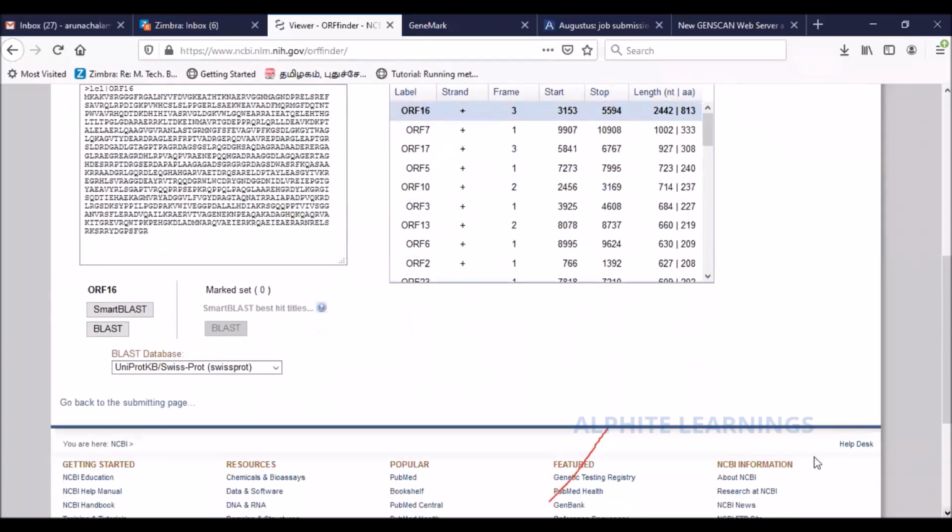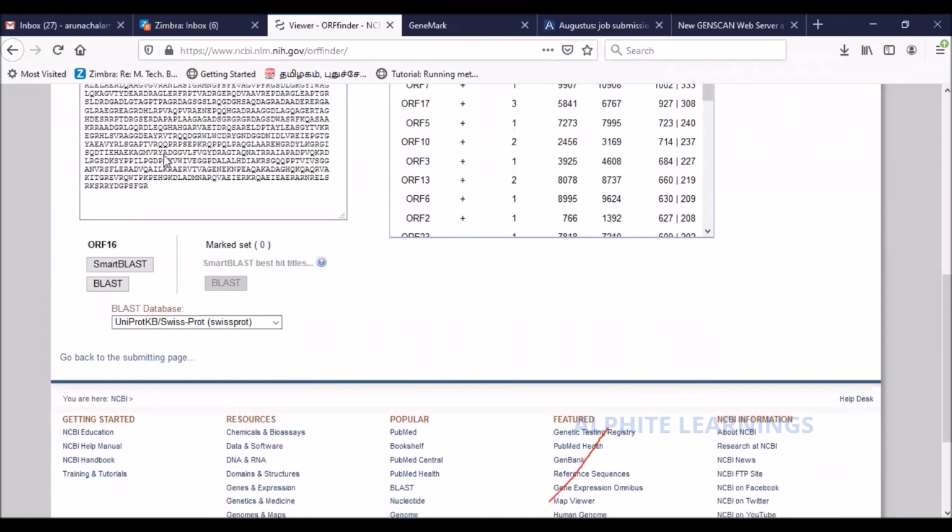What we can do now is, once you have got this, we can check whether it is correct or not, right? What you do is, I'll perform a BLAST search. Don't go for the SmartBLAST, just use a BLAST search, that should be fine. All right, we don't want any complicated algorithms. A simple BLAST search should fetch some meaningful result. Then only I can be confident about this. So I'll perform a BLAST search.